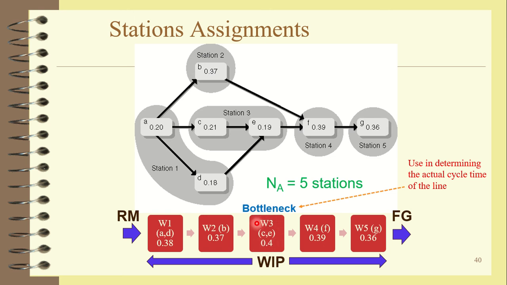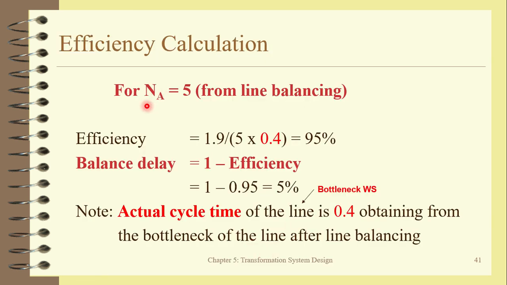So this workstation is the bottleneck, and the cycle time of the bottleneck workstation will be equal to the cycle time of the whole line. Okay, the whole line will be controlled by this workstation, and the cycle time of the whole line is equal to 0.4. Alright, okay, so in this case NA, the actual number of workstations, is 5 from the line balancing table,